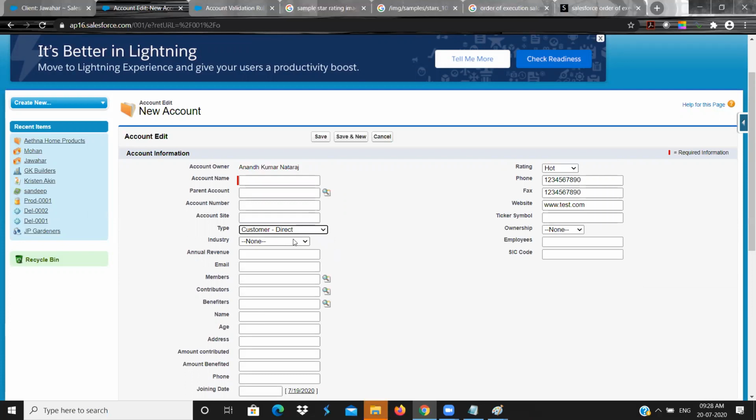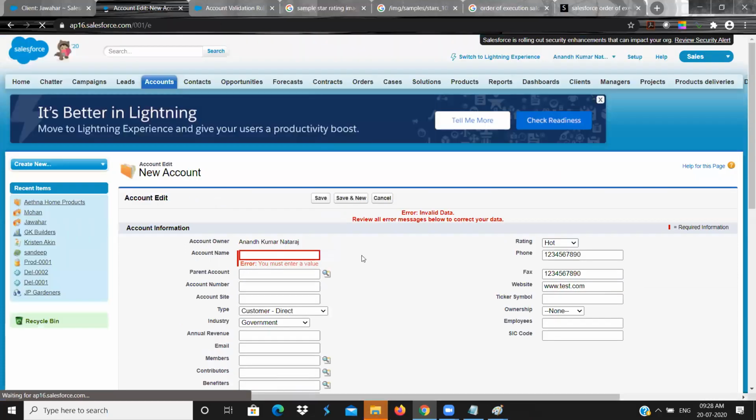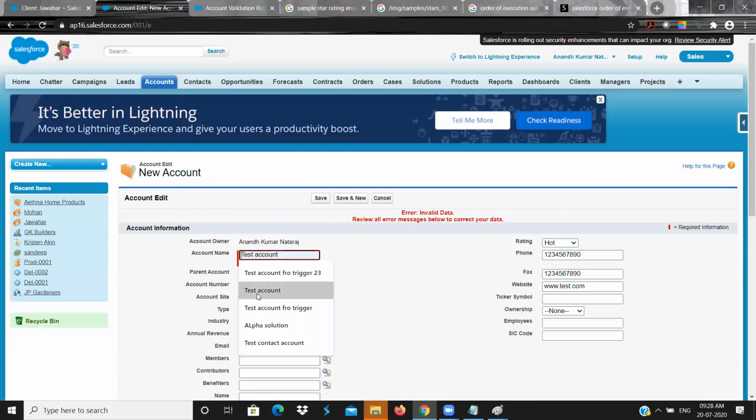Okay, and I am giving industry, everything I'm giving, and I'm trying to save the record. So it throws the error: You must enter a value. This error I did not give. It is automatically available. That is called the system validation.